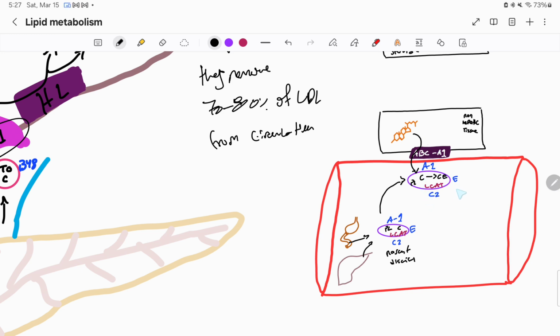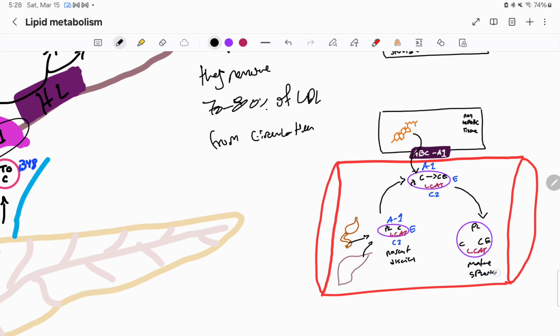Alrighty, so now let's see what this HDL molecule will look like after it has gone through this cholesterol uptake. Now it'll have a big old belly. Look at it, it's looking all circular and big now. It's got phospholipids in it, cholesterol in it, and cholesterol esters in it. And it still has that LCAT enzyme in it. But now it's no longer a nascent discoidal, it's now a mature